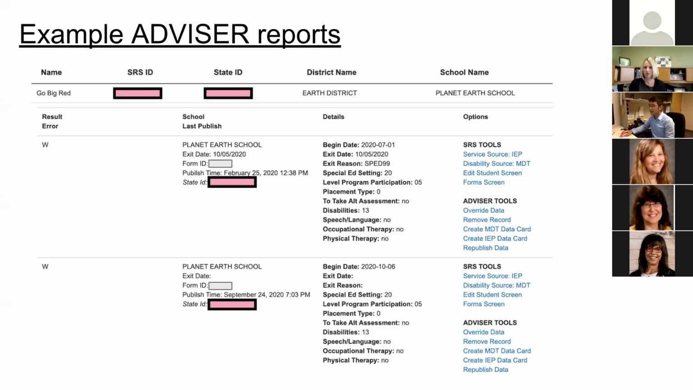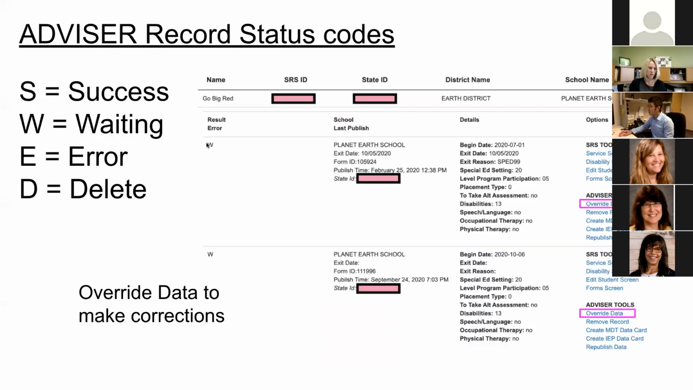But you might notice these codes right here. This was taken from our test playground where nothing is actually publishing. But if you see an S here, it means that the record was successfully published. If you see a W, you must have just generated an advisor record for the student, or you made an update. So when you make an update or a new record, it's got to wait in line to get published